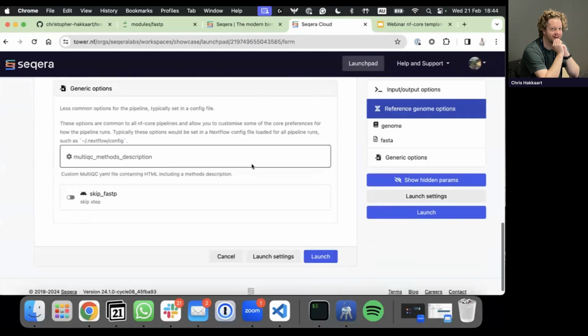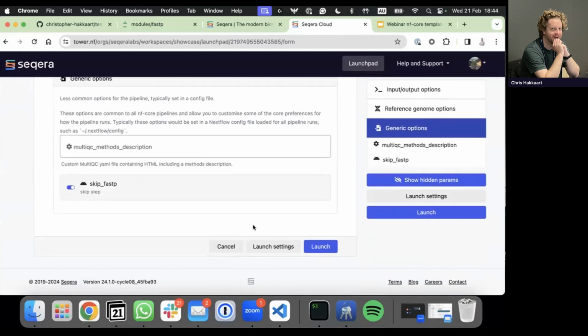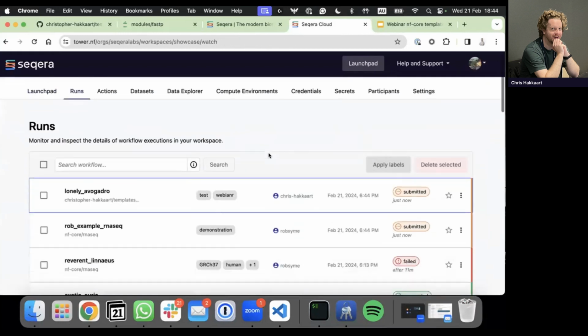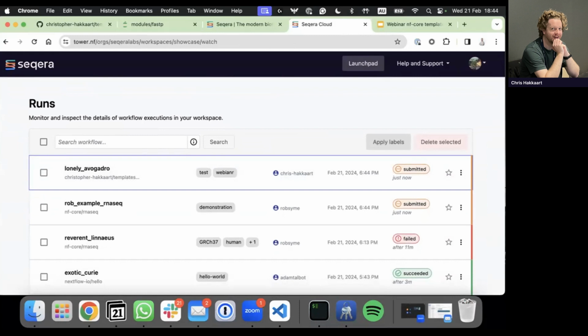So this would just take a couple of minutes to run, but you can see this extra step that I've added in here was already here. And I can just click launch, and this will start to launch on Seqera platform, where I can monitor the run over time. Okay, I think that's all we have time for in terms of this live demo. So I will pass it back to